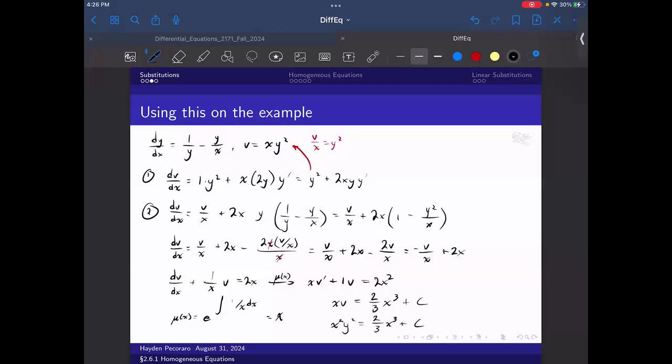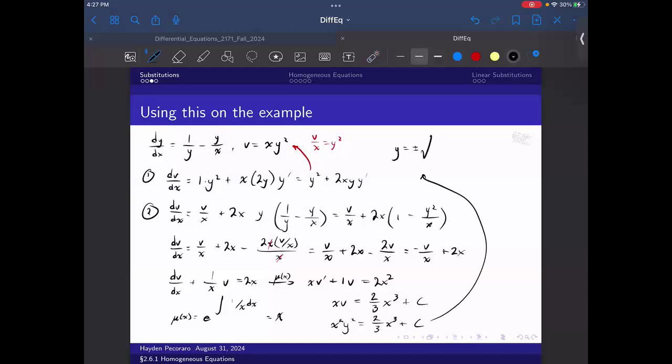And sometimes it's a good idea to leave things like this. If you end up with something where y is squared, it usually means that the solution is not a function. It means it's a couple of functions sort of glued together in the xy plane. Because when you take the square root of this, you're going to have a plus root and a minus root, correct? So one of those will be an upper version of the function and the other one will be a lower version. If you want, though, you can go ahead and solve this for y and write plus minus the